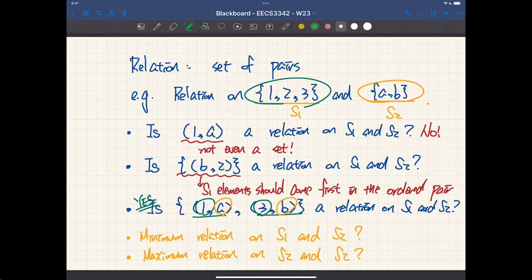Okay, minimum and also maximum. What will be the minimum relation? Again, you have to go back to the very first line for the definition. A relation is just a set of pairs. What will be the minimum relation? It should be a one-element relation or even smaller. Empty, indeed. The empty set, funny enough, is also called an empty relation in this context. Number one.